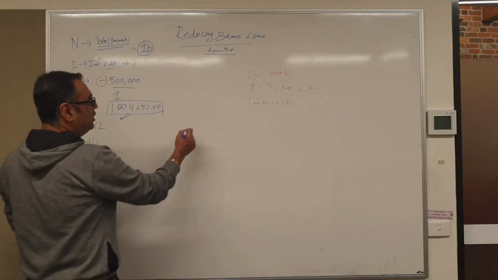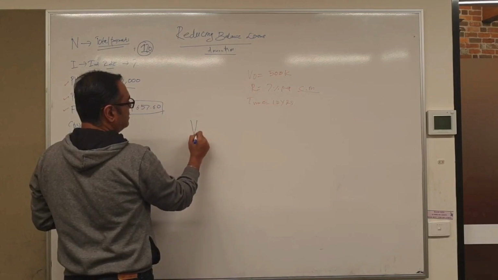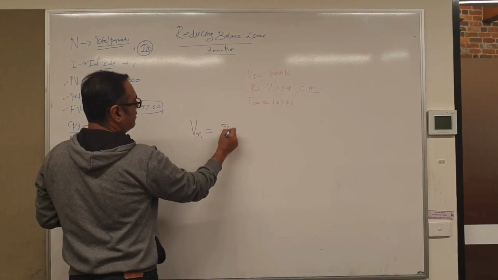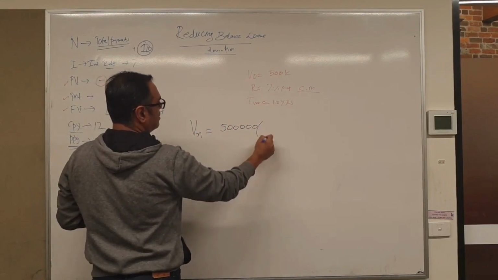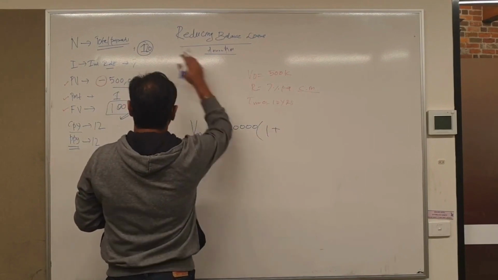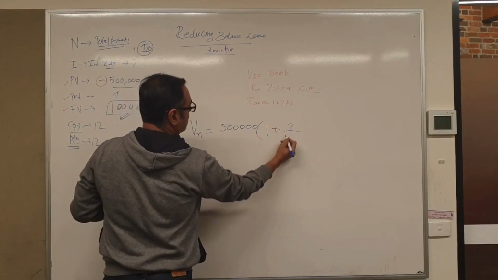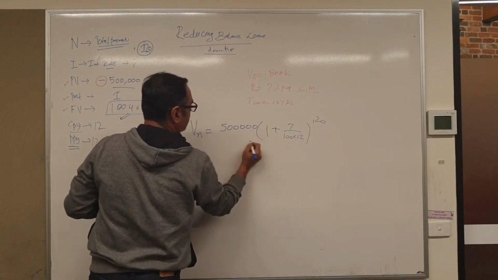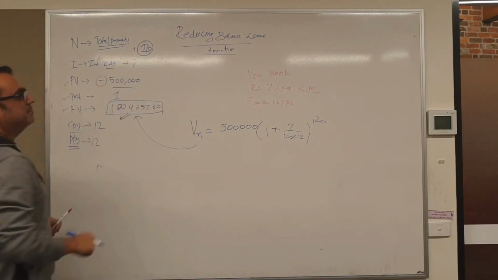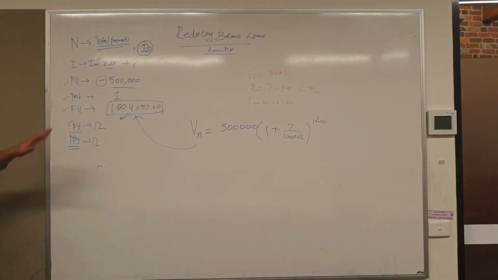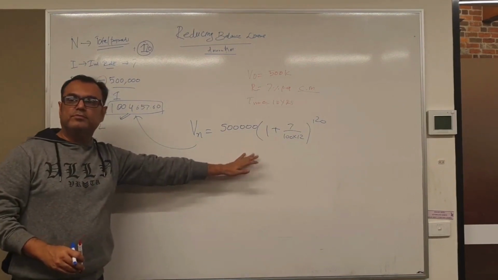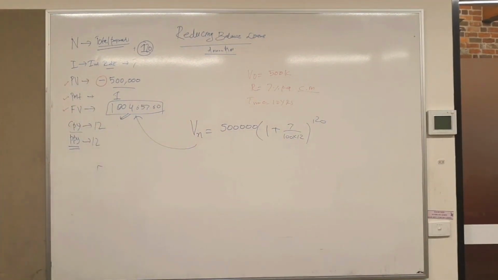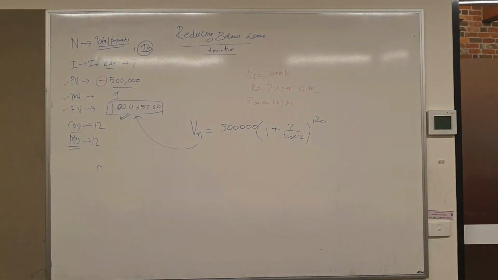Otherwise, what you would have been doing was something like this. Here 500, 1 plus 7 over 100 times 12, raised to the power of 120. You will get the same answer. So either you use financial solver, but you should know what you're using, or you use this, right? Up to you. Now, coming back from the world of financial solver,